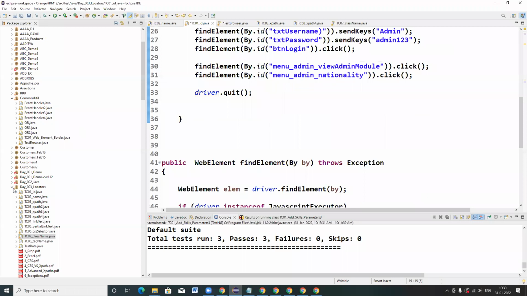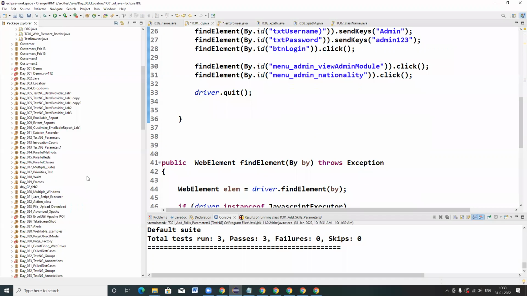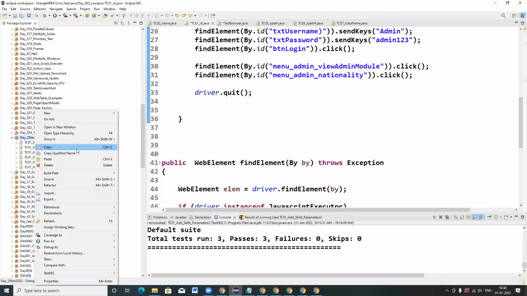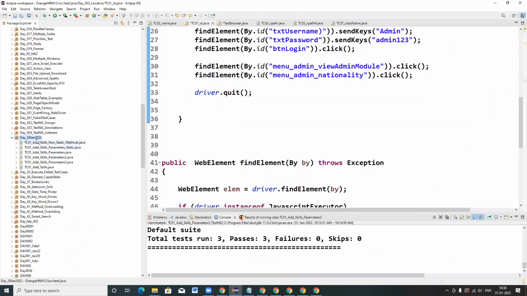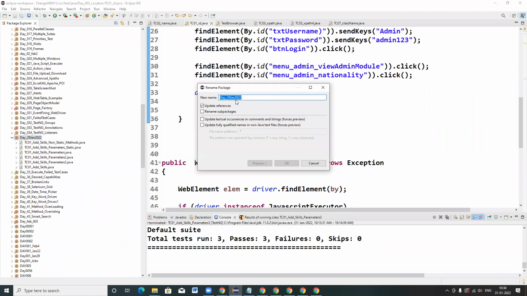So today's exercise for everyone is this. Let me send this one first so that you are able to do this part. I will rename it. What is the package name here?